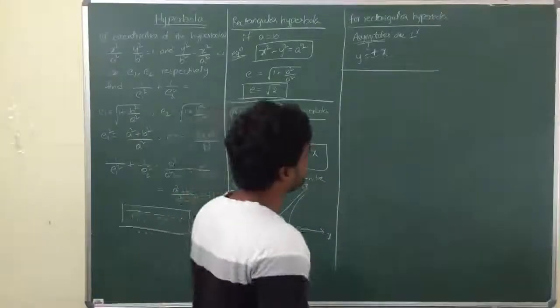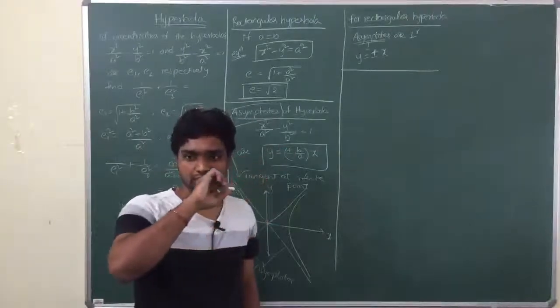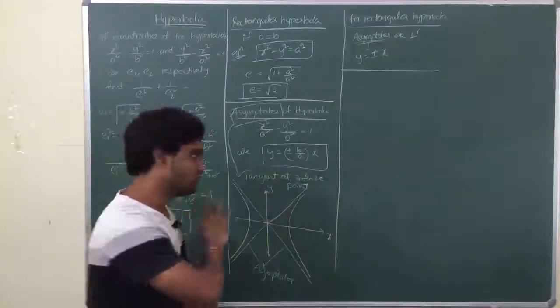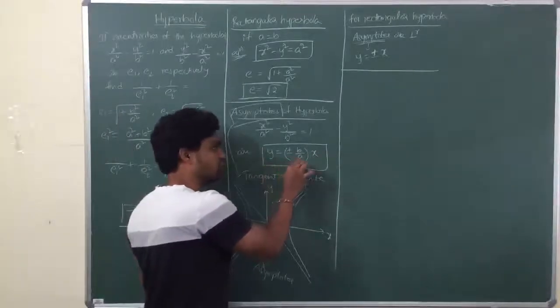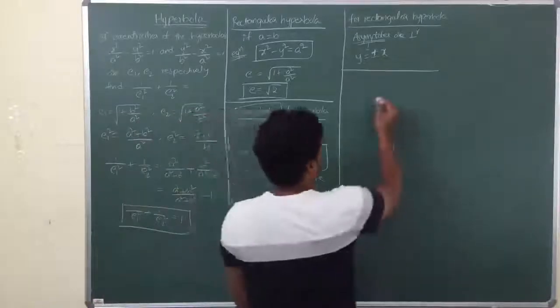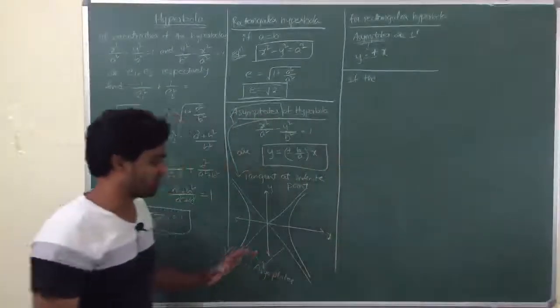Now there is another thing. See, only rectangular hyperbola is different from ellipse concepts. All the other concepts are the same, and all the other formulae are also the same. So there's a new thing called asymptotes introduced in hyperbola. Now, if the axes are rotated, observe this very carefully.